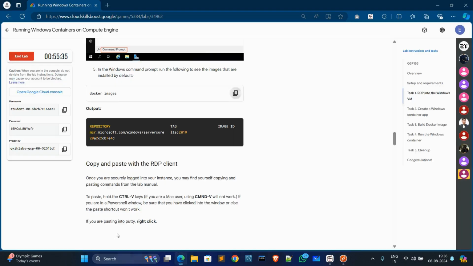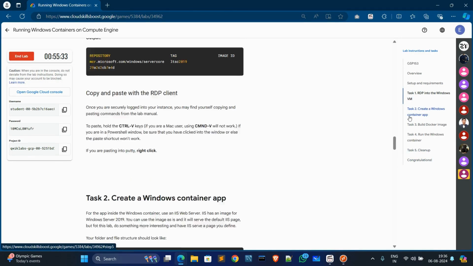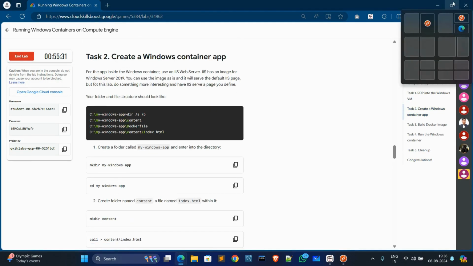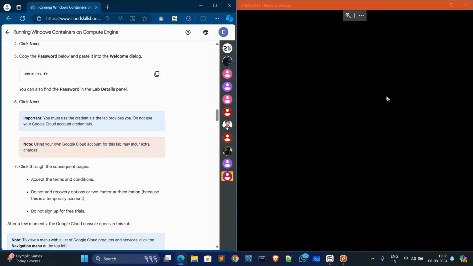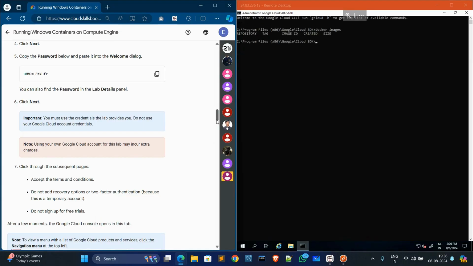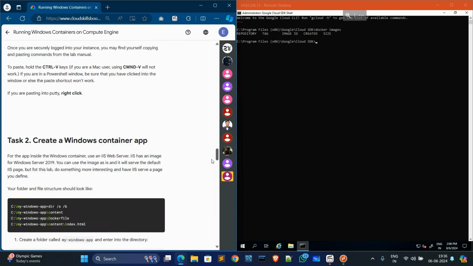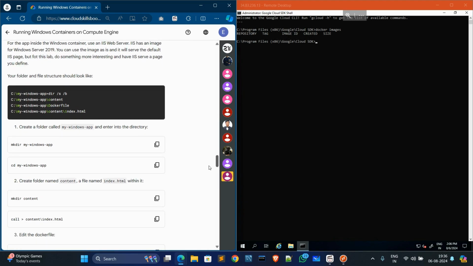Now again go to tasks, go to Task 2. I will split this page, then it will be easy. Now copy this first command and paste it in Cloud Shell.